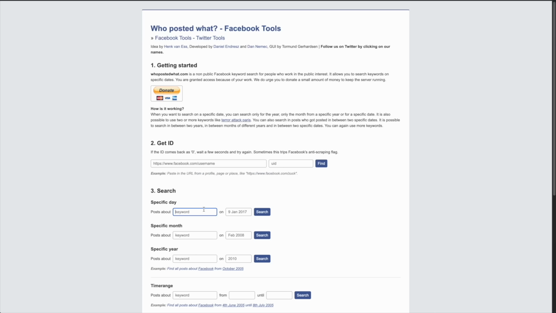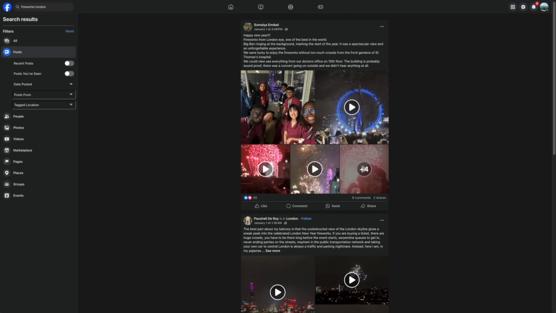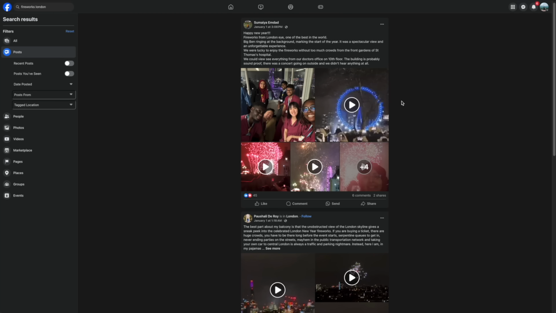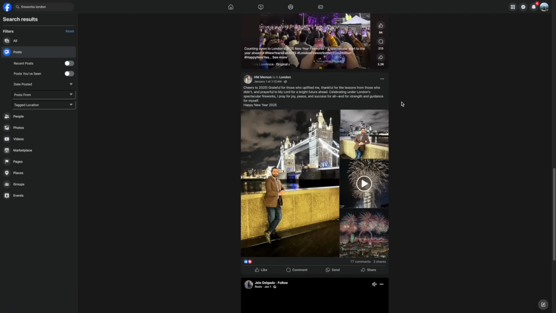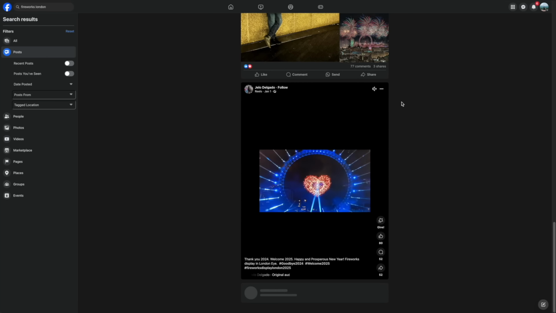So the search that I'm going to do, now that it's the new year of 2025, is to have a look at fireworks, and I'm going to also search for London. Of course, we want to see 1st of January because that would be about the fireworks from New Year's Eve in London. And here we have lots of lovely photos and videos about the beautiful fireworks that happened in London on 31st of December